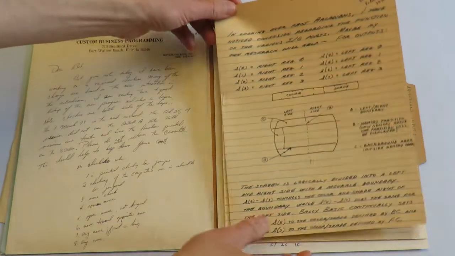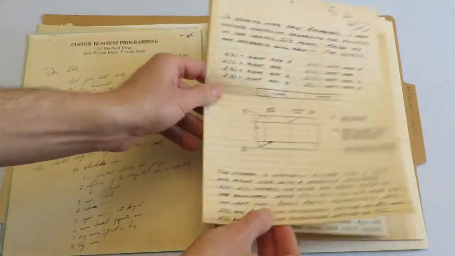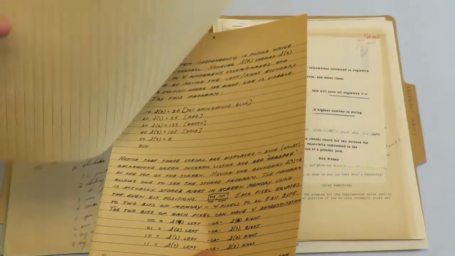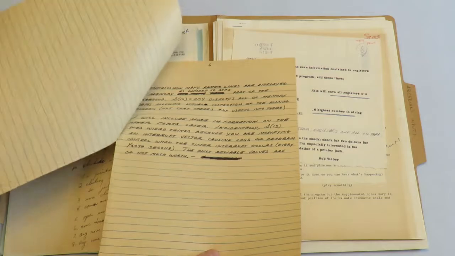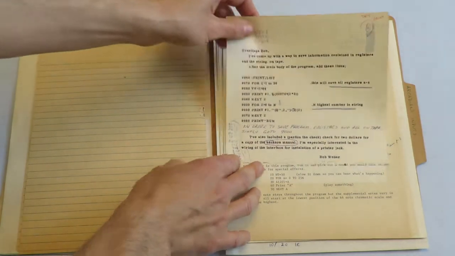Here's a rough draft of John Perkins' work to figure out how Screen RAM worked. I'll flip through that just quickly here. It's all handwritten, and eventually this was typed up. Maybe Bob typed it up, I don't know. Here's some more information about,